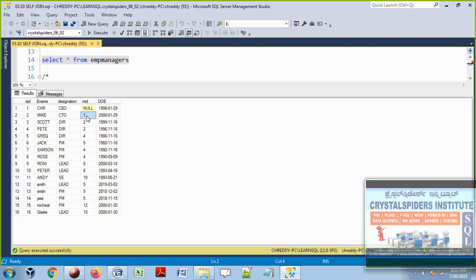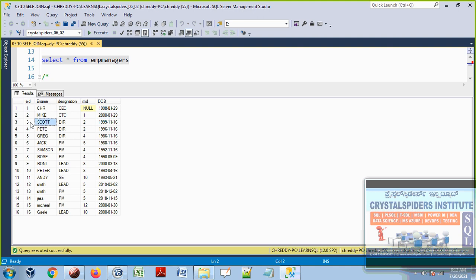MID means manager ID. For Mike, the manager ID is 1, which is CHR. So Mike's manager is CHR, and this is Mike's date of birth.